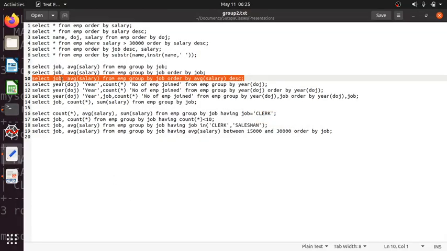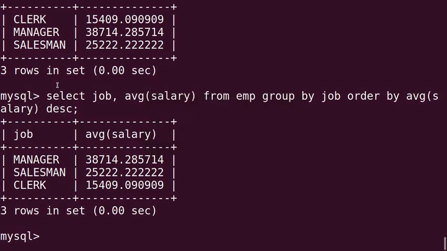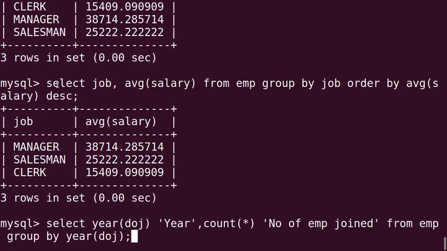In the next query we will see something different. Let's see. That is select year(DOJ) as year. The meaning of this year function we are applying on date of joining: it will extract the year part from the date.